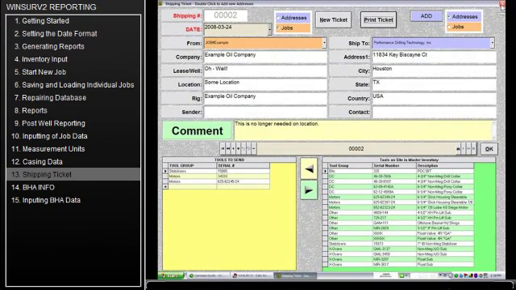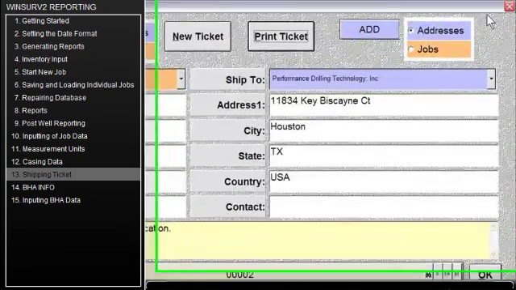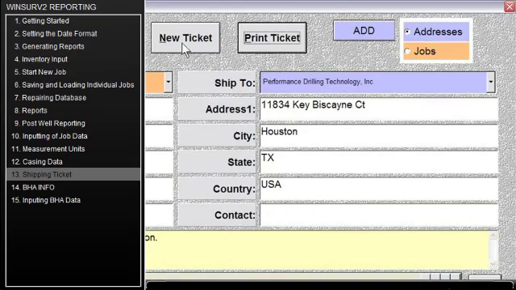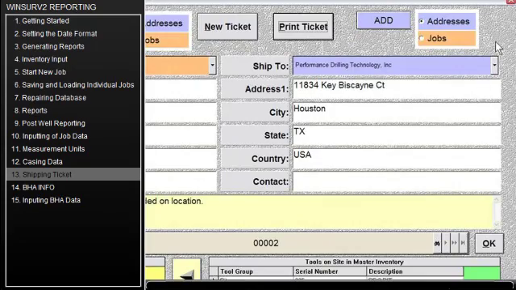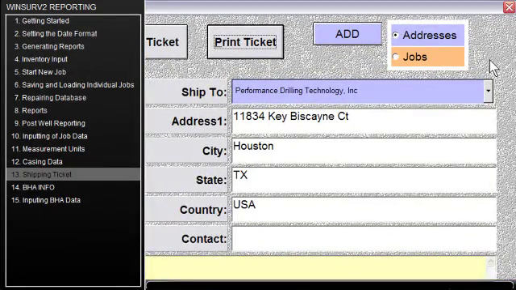And the big trick to getting a new ticket is to remember to hit the new ticket number, which is also the same as if you hit this little add button right here. Either way, it's going to start a new ticket for you. And then you have a record of all your shipping invoices and everything in your database. So now I'm going to close this screen out,